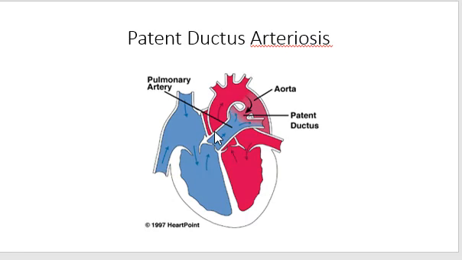The effect of this altered circulation is increased workload on the left side of the heart. And then you get increased pulmonary congestion, and potentially you could have an increased right ventricular pressure and development of